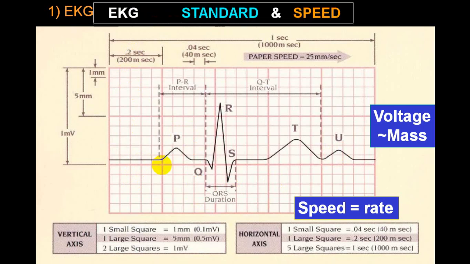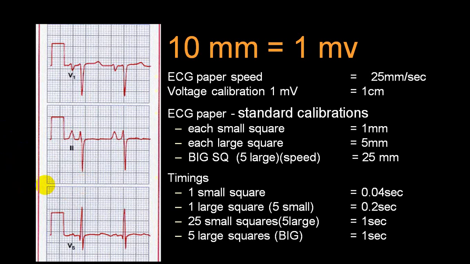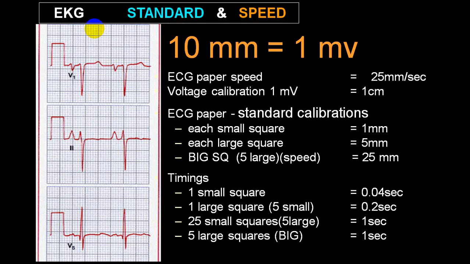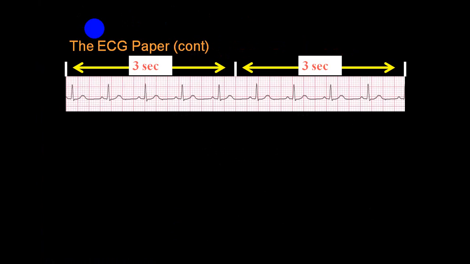After looking at all these things, you look at the ECG recording, whether the speed is mentioned or not, and before each lead you will have the standardization shown. Usually it will be 10 millimeter standardization, which means 10 millimeter equals 1 millivolt, and the speed will usually be mentioned either at the bottom or at the top of the ECG paper. So look at that speed, it should be 25 millimeter per second, and that tells you that this ECG has proper standardization with proper speed. After looking at that, only then should you try to read that ECG.